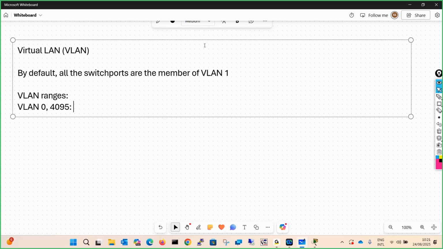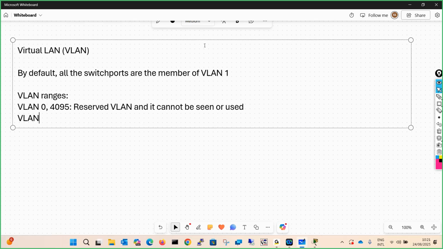These VLANs are reserved VLANs, and they cannot be seen or used. These are reserved for some purpose, and they cannot be seen on the switches, nor can they be used.